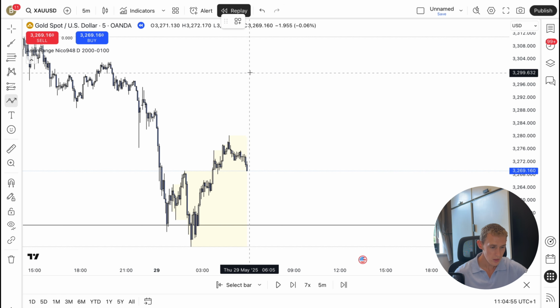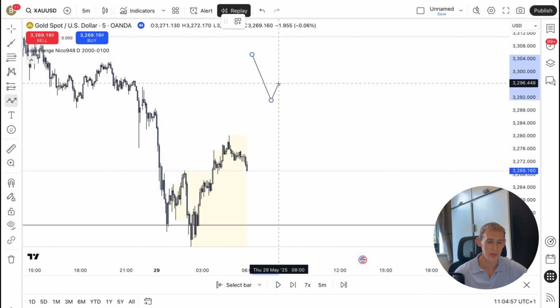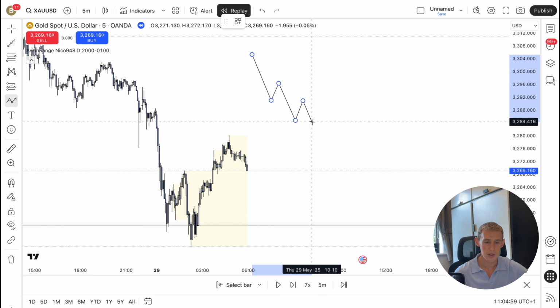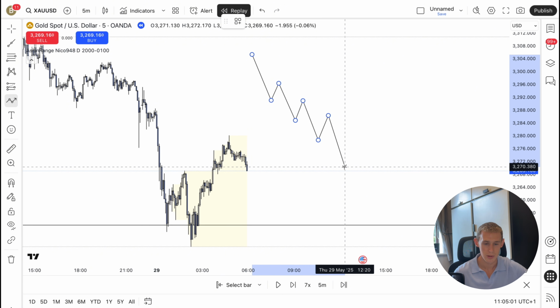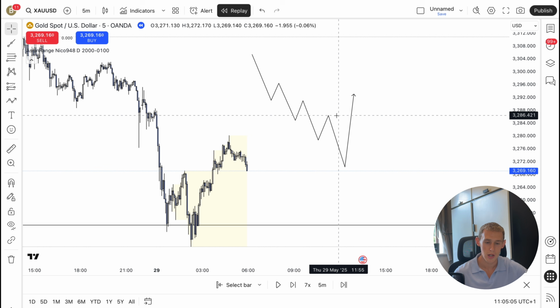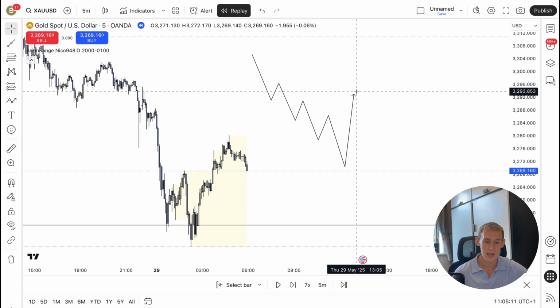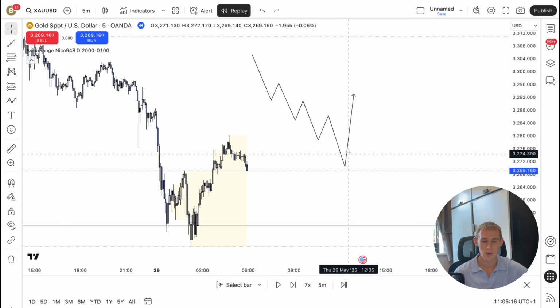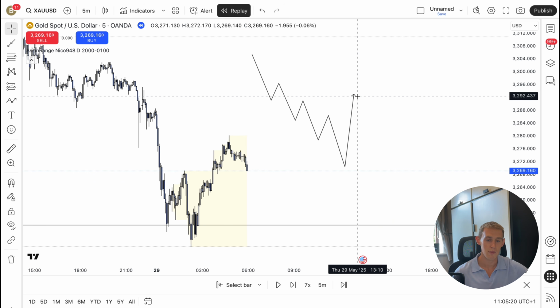What I'm looking for on the M5 time frame is a change of character. So again, for those of you that are unfamiliar with this, I'm looking for the M5 to be coming down in this bearish trend, presenting clear bearish structure. For an entry, I'm looking for a closure above the most recent lower high in this downtrend. That's the change of character we're looking for. And this basically just shows us that price wants to reverse from this area because it goes from this bearish structure back to bullish structure,